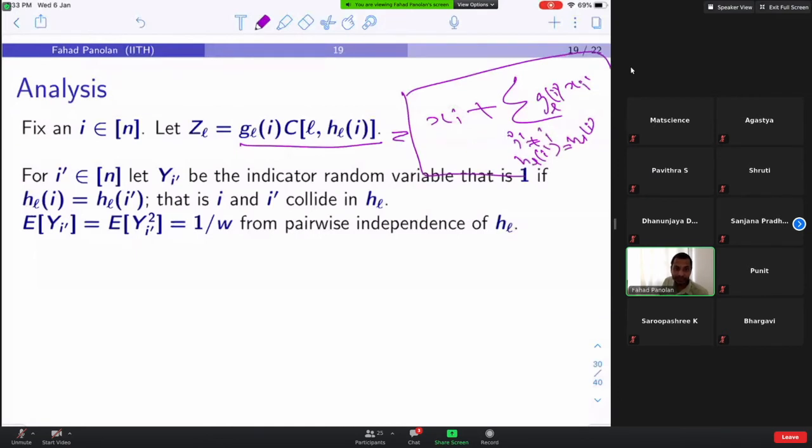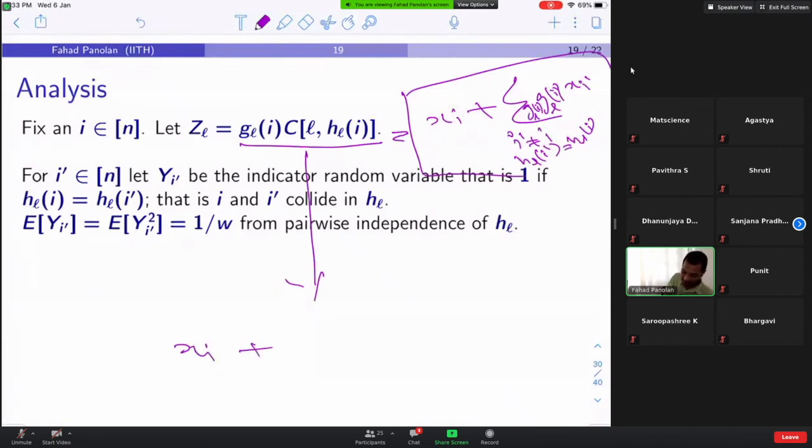What I have written with the purple color, is that fine? Maybe don't look into what is written below. Here there will be g_l of i also, because you multiplied with g_l of i. Here g_l of i gets cancelled: if it is -1 times -1, or if it is +1, then +1 times +1. Is this expression clear, what I have written?